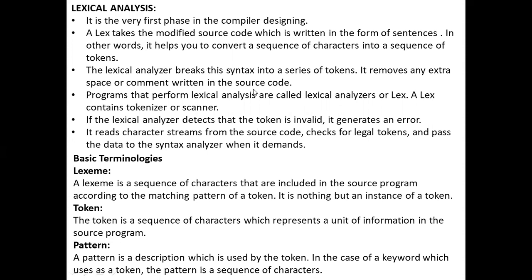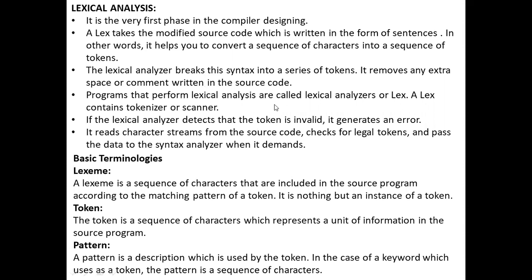What is the meaning of extra comments and white spaces? Suppose you write a tab, or slash n, or the comment symbol slash asterisk. These types of symbols are removed when you convert to tokens.